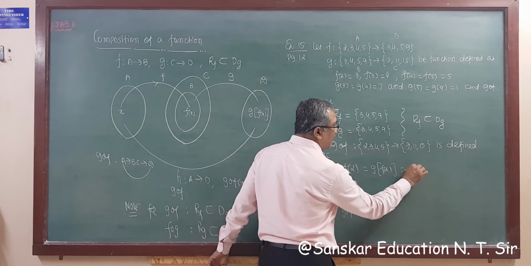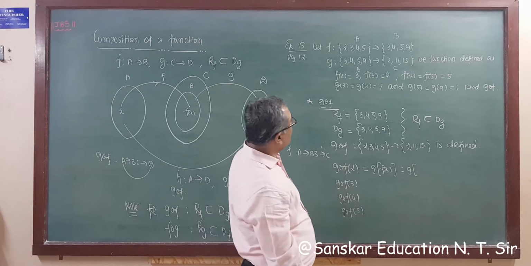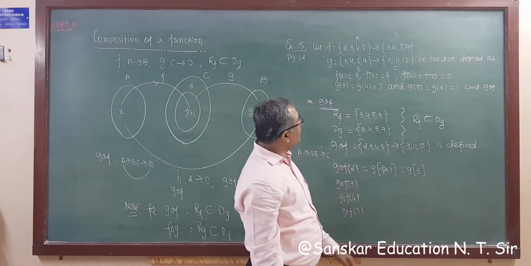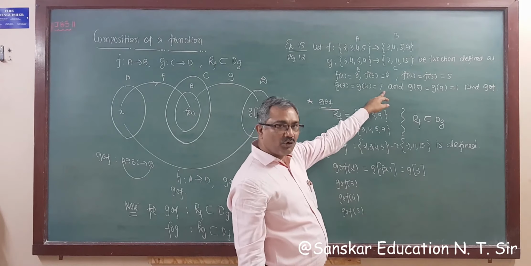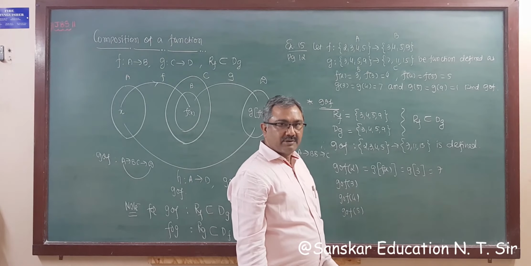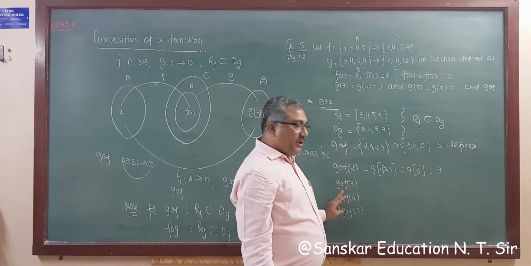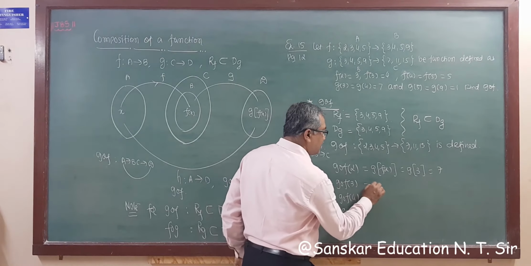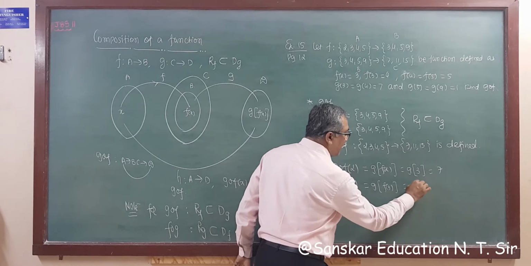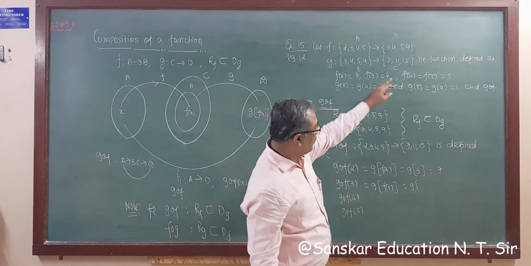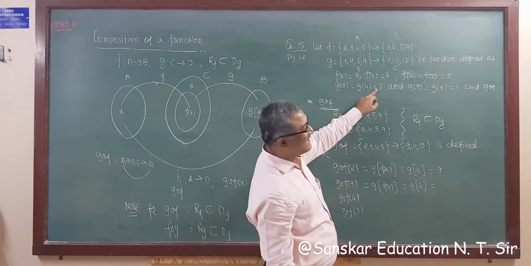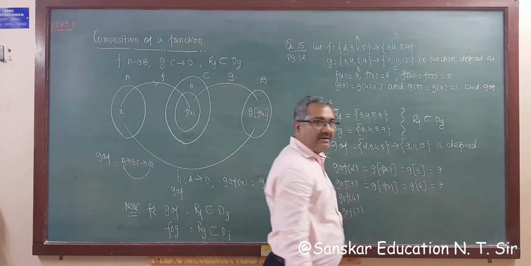Now this is G. What is given? F of 2 is given as 3. So write 3 here. G of 3. And G of 3 is given, G of 4 is the same, that is 7. So the answer will be 7. Got it? G over F of 3 means this is G of F of 3. Now G of F of 3. F of 3 is 4. So this is G of 4. G of 4 is 7. So the answer is 7.